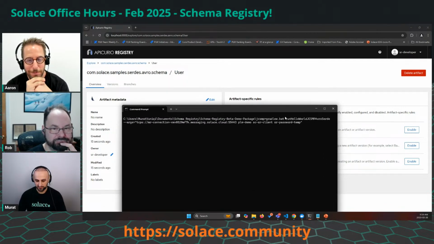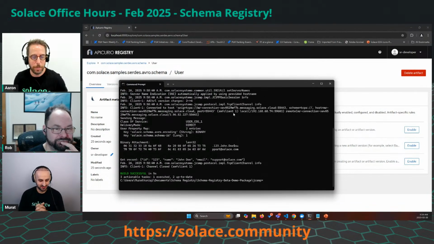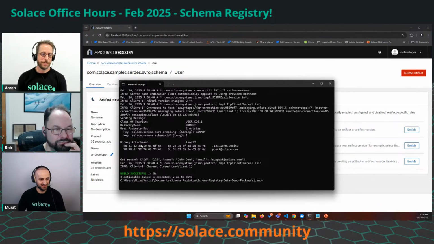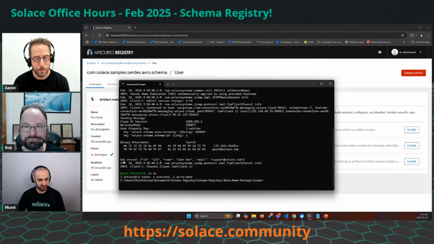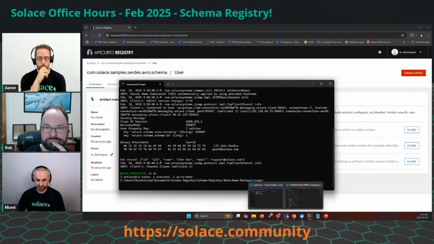I will just run the application first, and then we'll take a look at the code internally to see what it's doing. As is customary with these command line running code, it's not very pretty, but it's very functional. So we essentially print out the message before we send it. And then we do the same thing on receive, but after it has been deserialized. And that's why you see all the individual data points there. Now, in terms of what's actually happening,